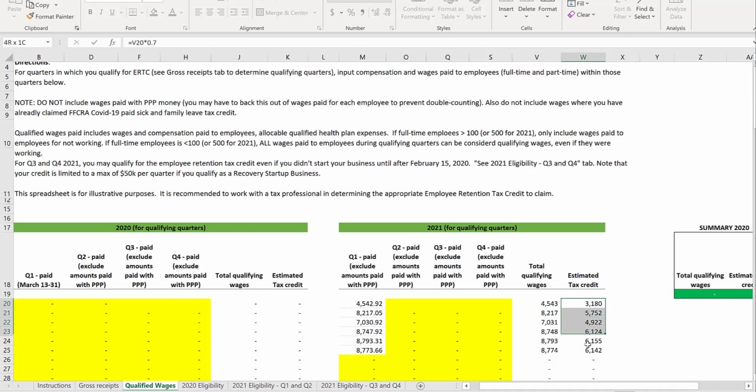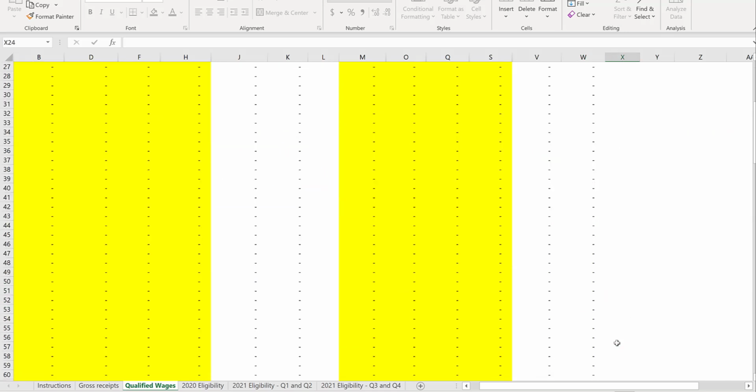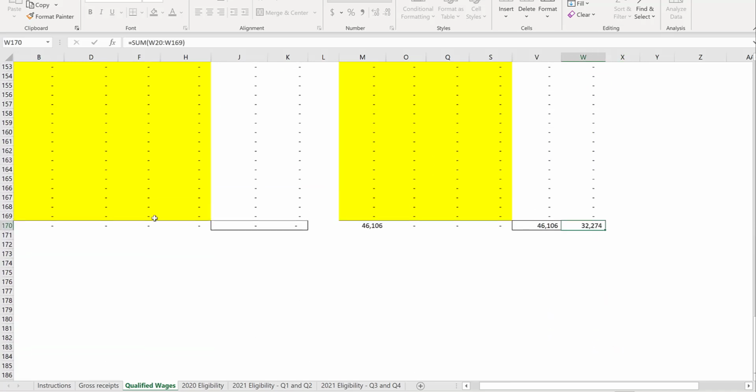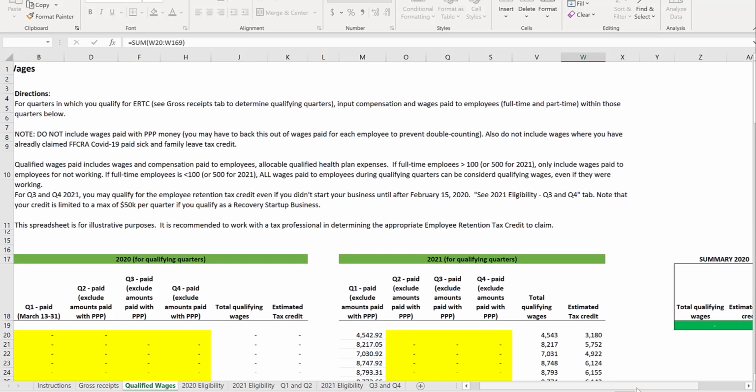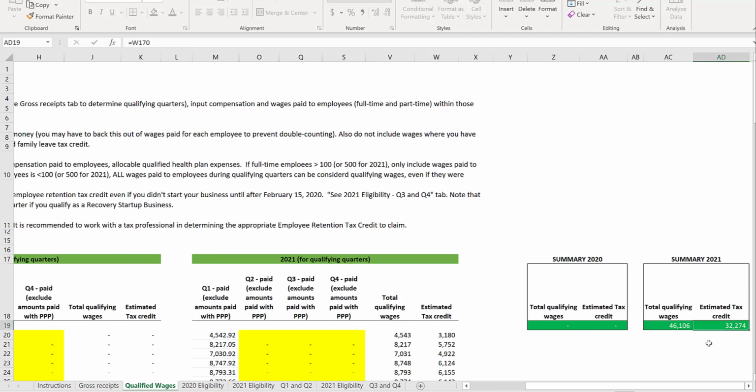So what this means is that the estimated tax credit for this one quarter, for this one payroll, is $32,000. You can see that if you scroll down here, all the way down at the bottom. This gives you lots of room for lots of employees, but it's also over here in this little summary right there. So what this is doing is it's showing us, okay, yes, absolutely. It makes sense to go and see if this credit is something that we can claim, and to go and pay a professional to help you actually go and claim these tax credits and fill out all the right paperwork